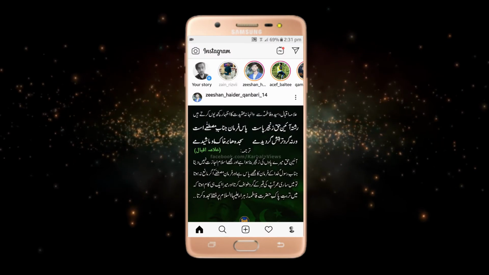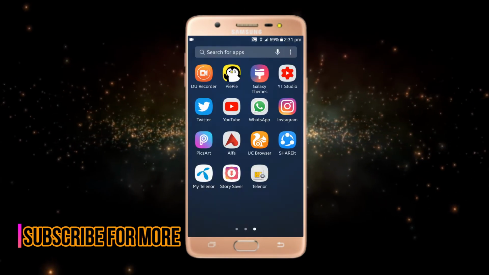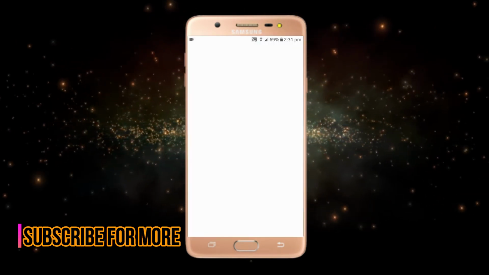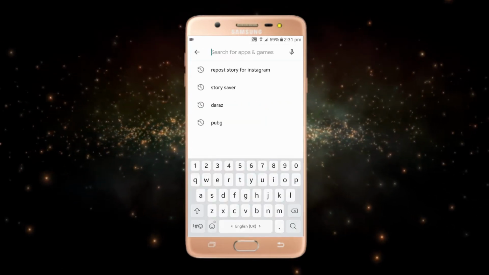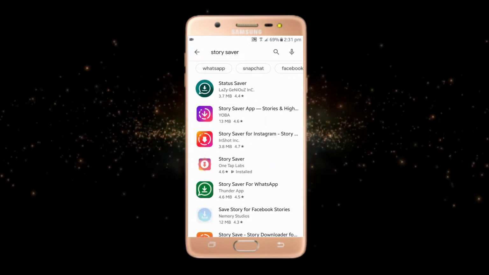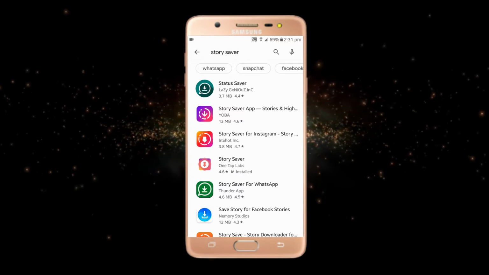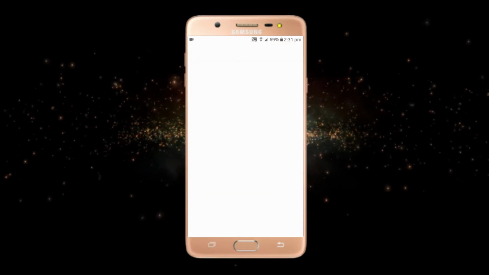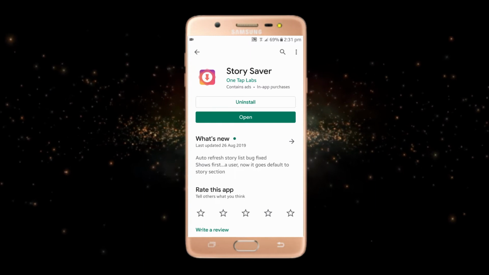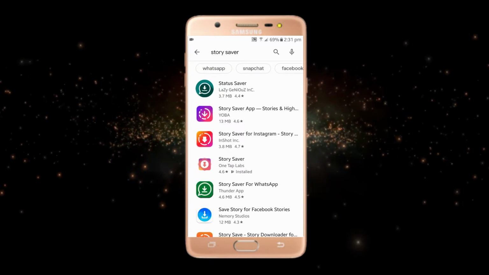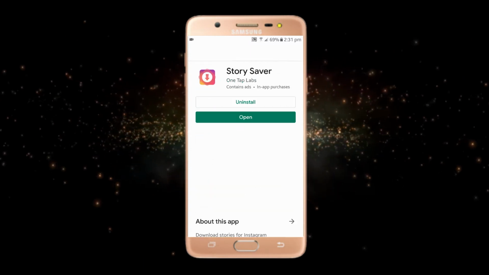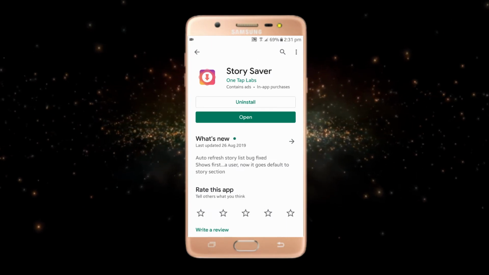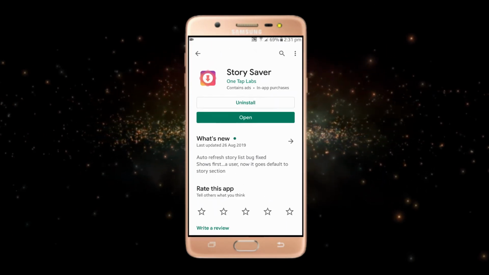First of all, just go to your home and go to Play Store. Here search for an app, Story Saver. Depending upon ratings, I have downloaded this story app. Here you can see that its rating is also good, 4.6. I have already installed this app, so I will just open it